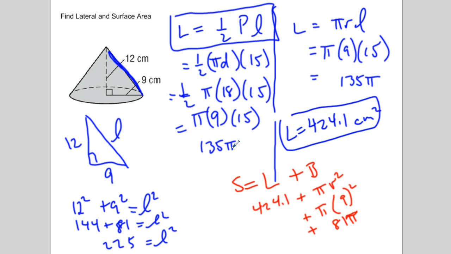If you're going to upper level math like AAT, you could take the 135 pi and add it to the 81 pi and get a very exact answer. 135 plus 81, I believe that's 216, if I add it correctly. Okay, and yeah, you can convert to decimal. Or you can convert this to a decimal and add it to your 424.1. This as a decimal is 254.47. 254.47 added to your 424.1 for the lateral. That means that your surface area for a cone is